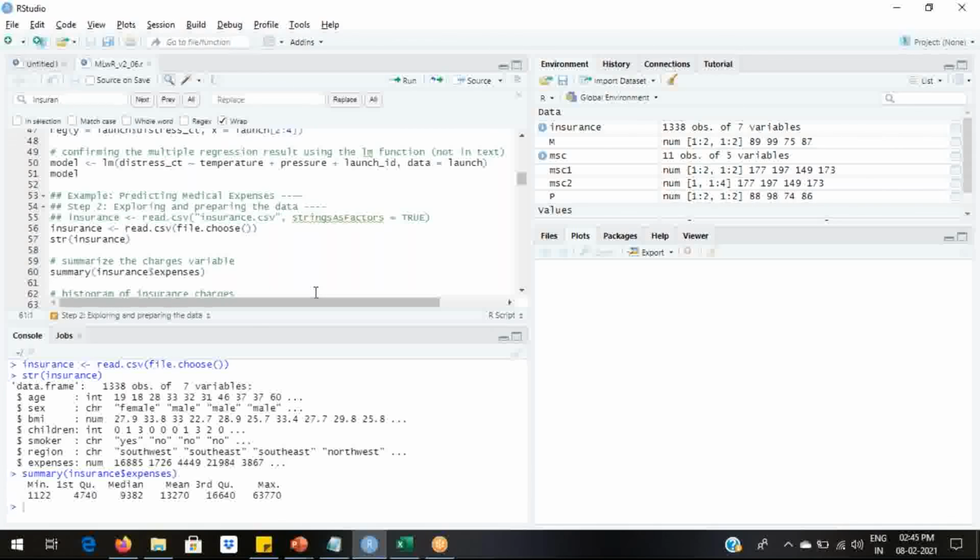Can anyone tell me what will the result be when we use the summary function for variables of character data type? We studied it in day 1.